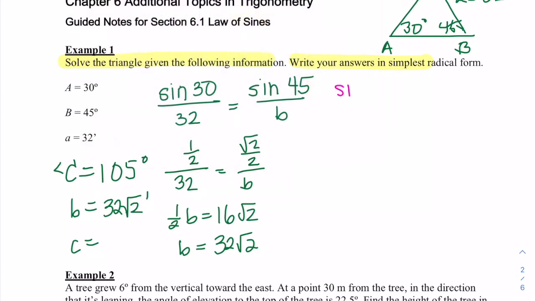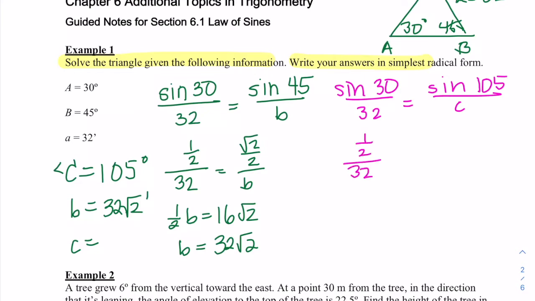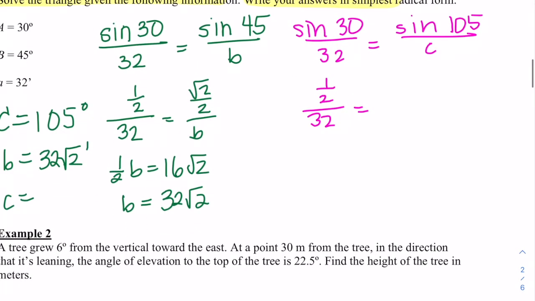I'm still going to use A. So sine of A over A would equal sine of 105 over C. Again, this was 1/2 over 32, and this will be sine of 105 over C. To figure this out, we're going to cross multiply. So we get C equals